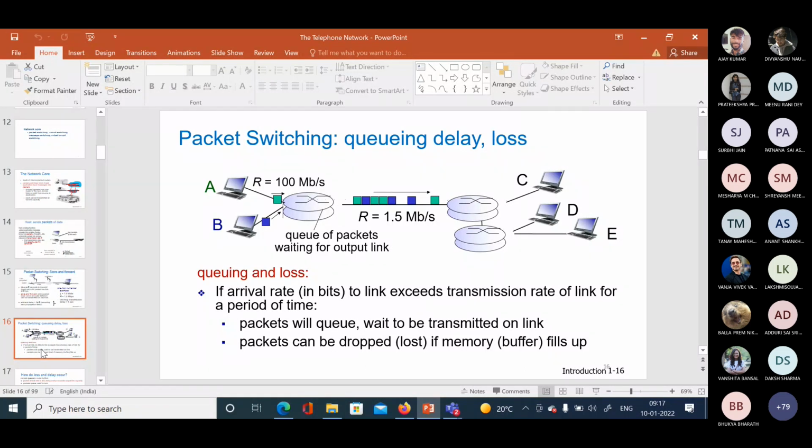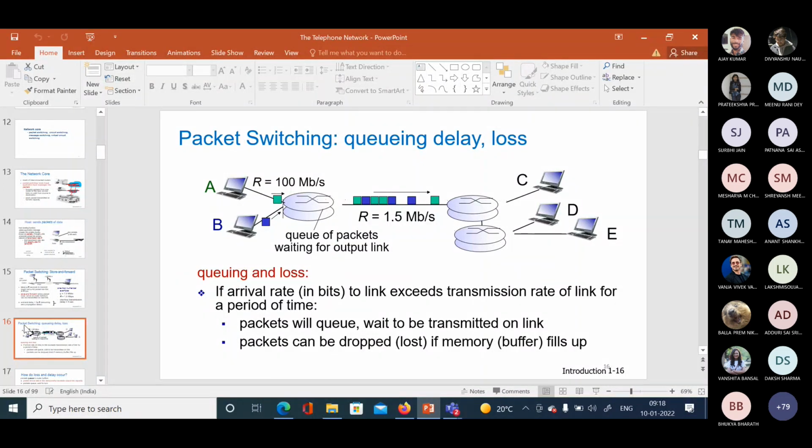So the router has to store these packets so that they are not lost, and they can wait until they get a chance to be transmitted. This forms a queue, which leads to queuing delay, which you all know. So with packet switching, we will have this issue of queuing delay, which may lead to packet loss and even increased delay in delivery of packets. This is one other issue that we have in packet switching.